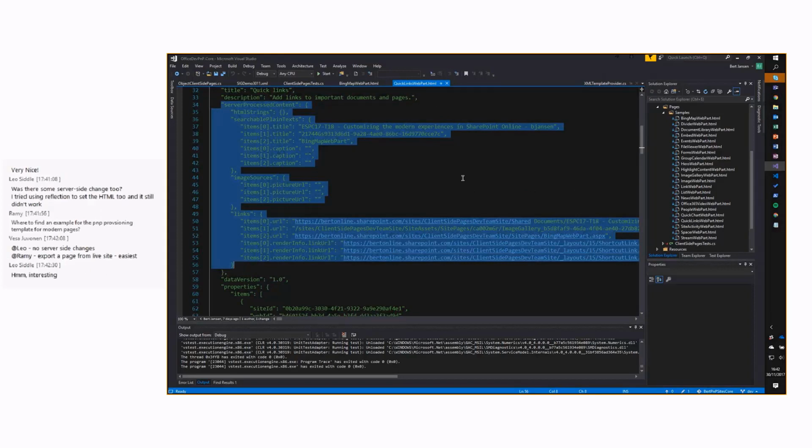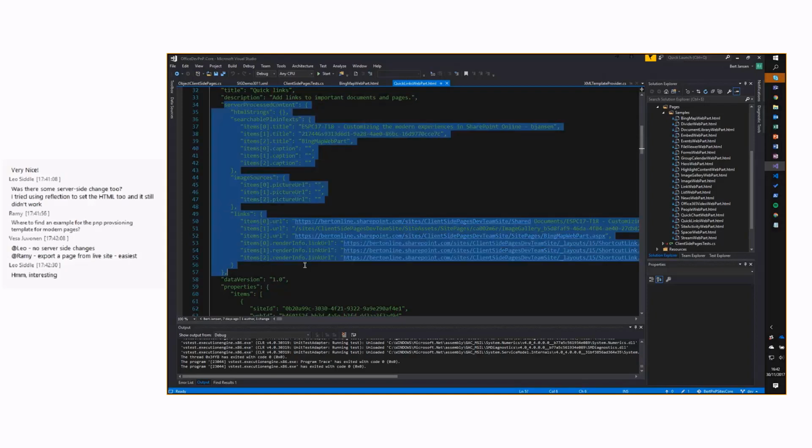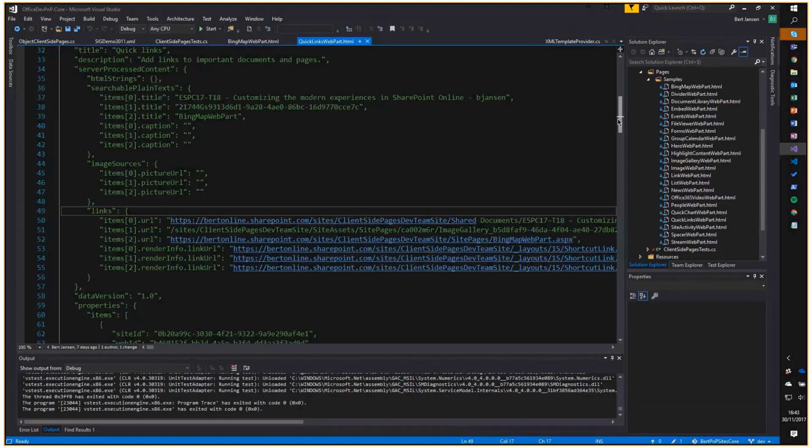So that's the reason why we really want to advise you to use the workbench, put the web part in the workbench, copy the JSON structure, and paste it in. You can still change the JSON to fit it to your needs, because you can tailor it and play around with it. But having this part in it is important. So if you make a generic solution, you have to ensure that you also update these things in these places, because that's being transformed to HTML when the page is rendered.